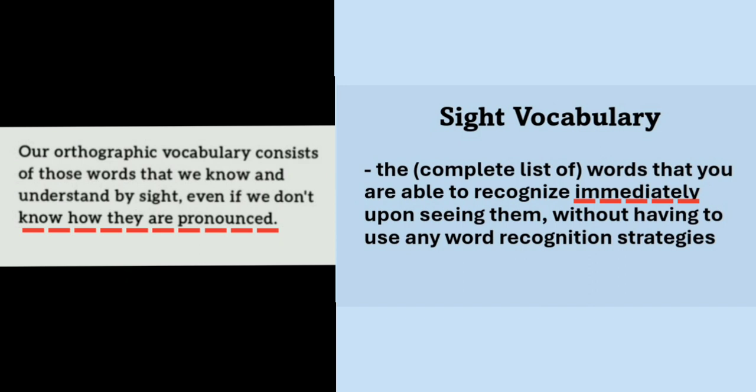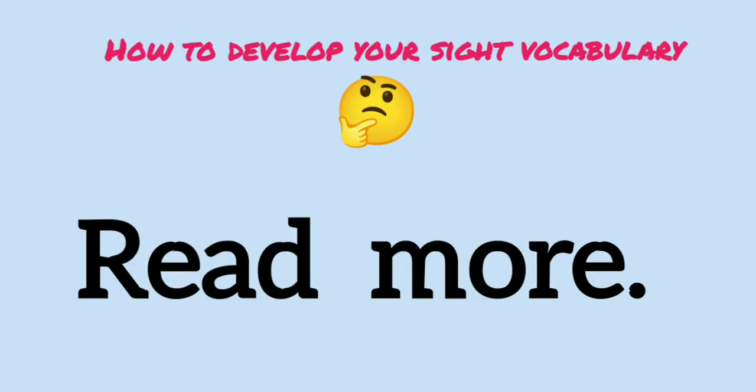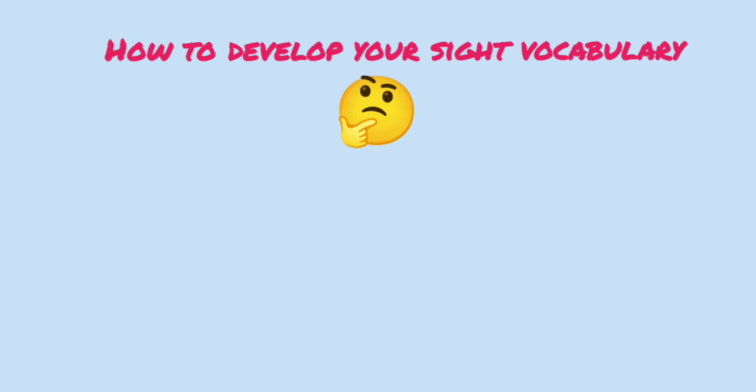As I close out today's lesson, I must look at this controversial aspect: how to develop one's sight vocabulary. And my only answer is to read more. Now, I know there are lots of educators who will say otherwise and come up with multiple strategies. Listen, I am all about just reading more, and that's how you are going to enhance your sight vocabulary. And since we're emphasizing sight vocabulary, it simply means you have to be reading textual material. Wherever you see words, pause, look at them, sound them out now, and then tomorrow you'll be able to even